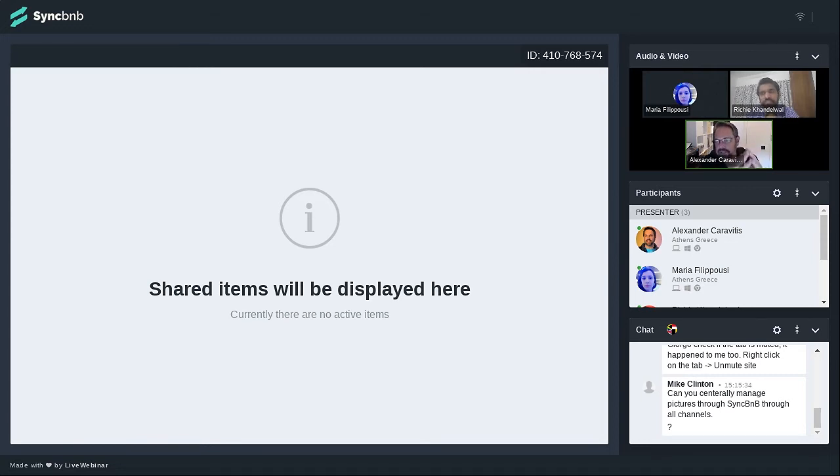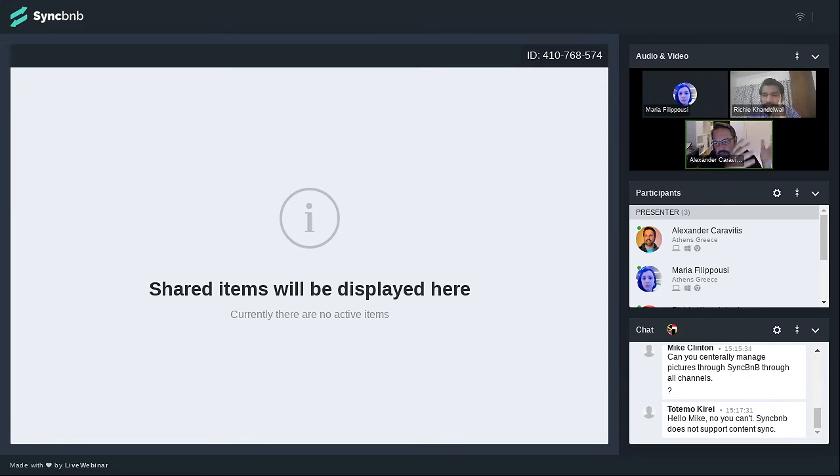And we give you your site ready with the keys in hand: all the usernames, the passwords, everything, the hosting working, and it's yours forever. It's yours for life. So even if you stop using SyncBNB as a channel manager or a PMS, you keep your website forever, and you can sync it with other services or do whatever you like.